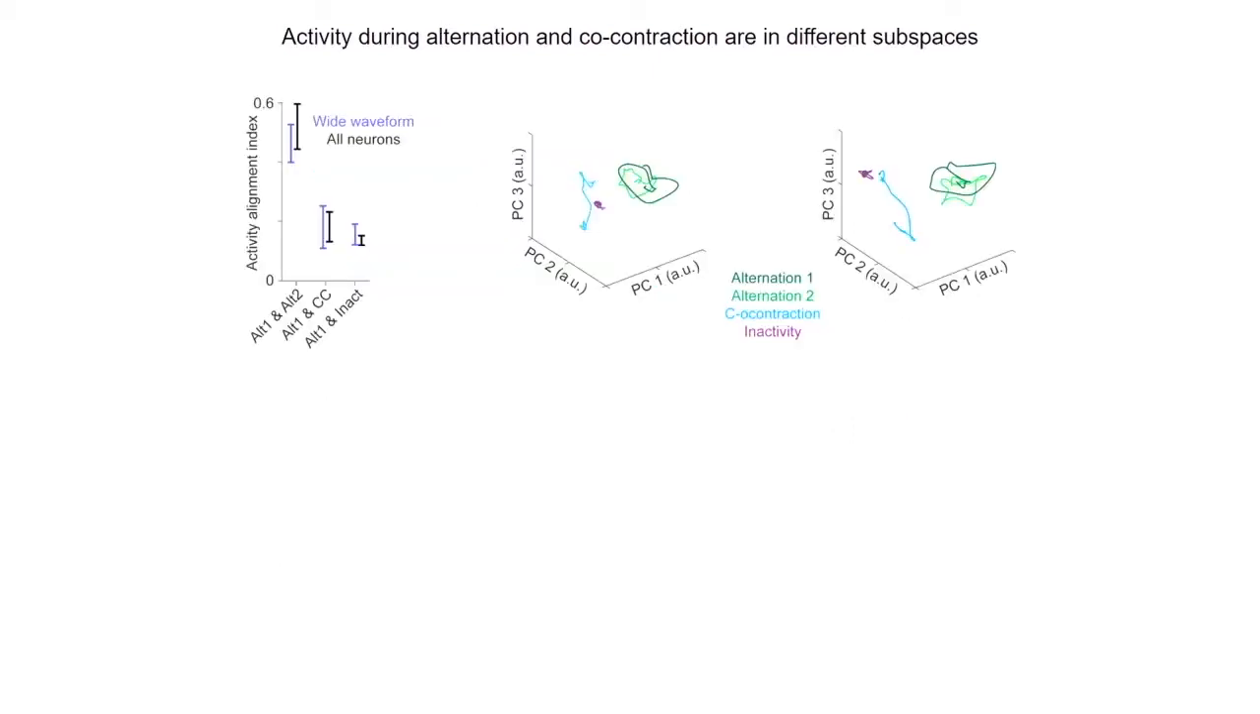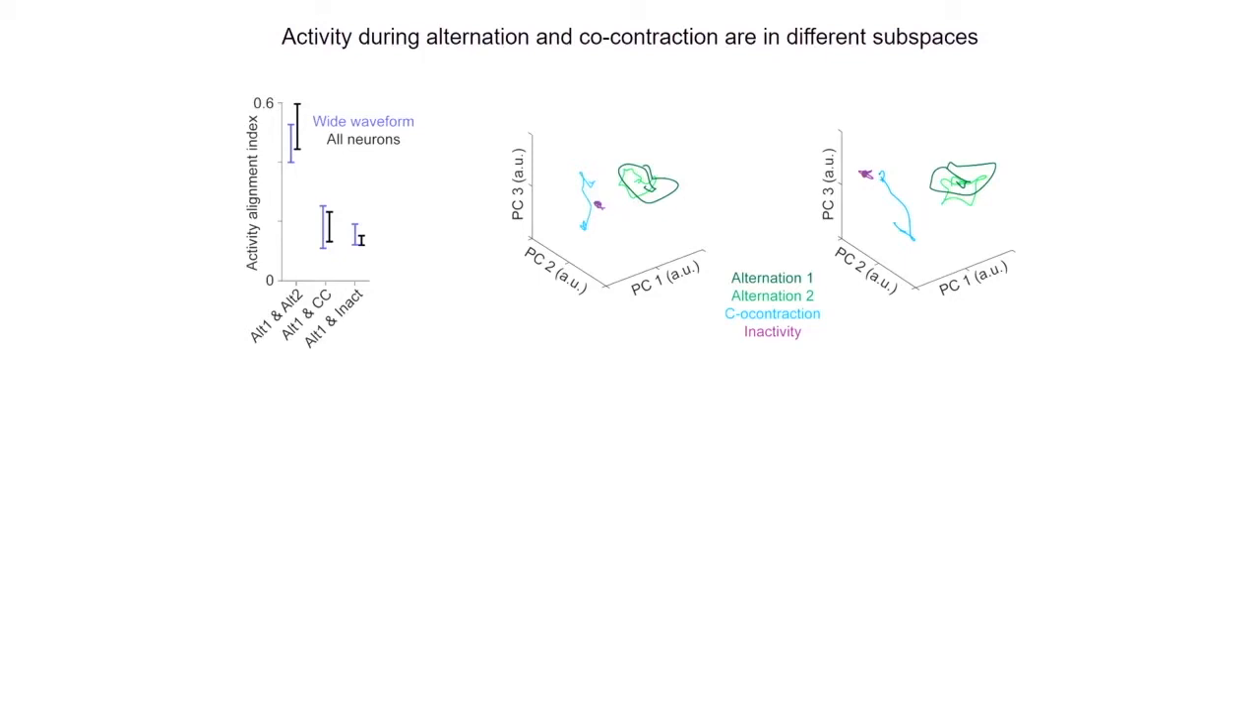Now, the key observation here, though, is that the neural activity subspaces inhabited during alternation and co-contraction are quite different. So if descending pathways activating flexors and extensors are simply co-activated during co-contraction, we'd expect the same subspace to be inhabited during these two tasks, but that's also not what we see. So the overlap in the activity subspaces for the two alternation epochs is about 50%, so there is some change across time,